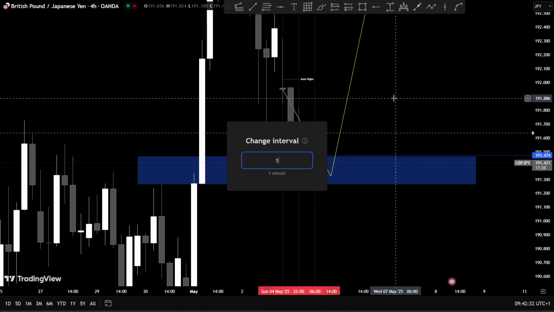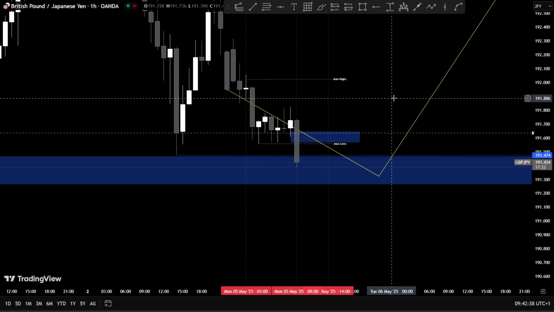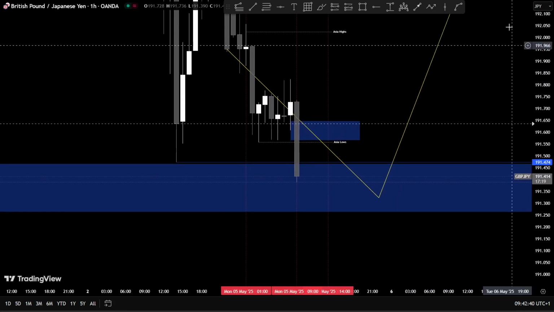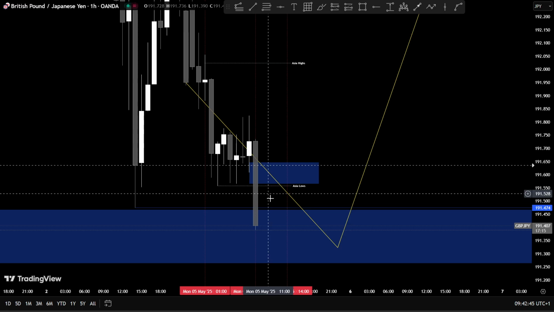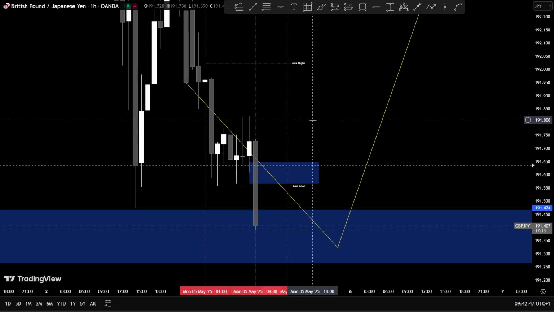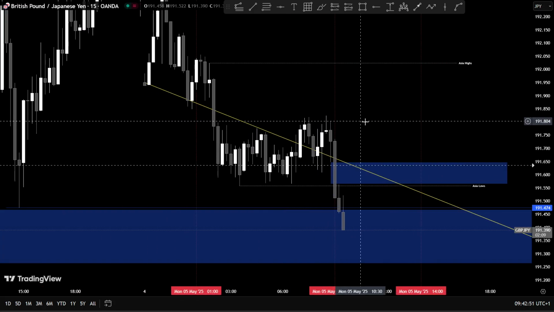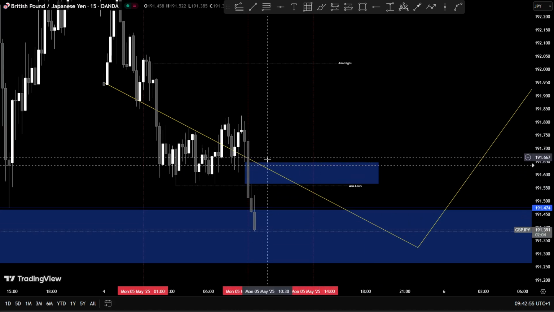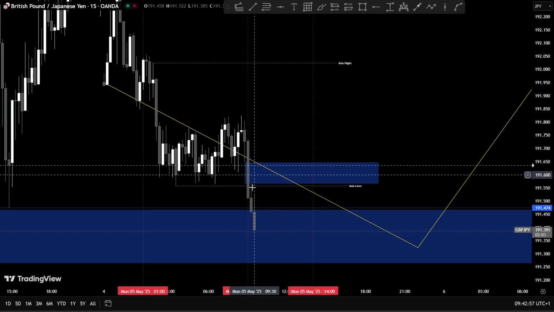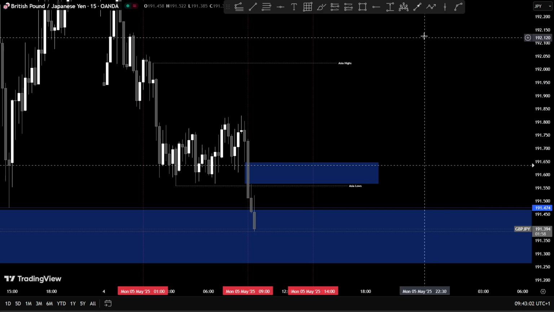So if I want to take a long, I will scale down even lower to the lower time frames so I can see continuation confluences off of the hourly or on the 15-minute. What I'm currently looking for is price to push up higher and break or invalidate this 15-minute bearish fair value gap. So the move for me will be something like this.